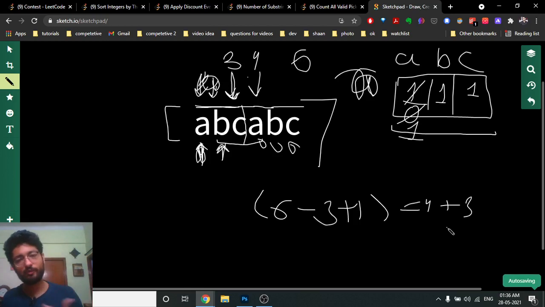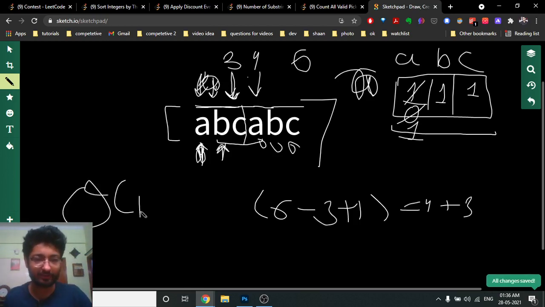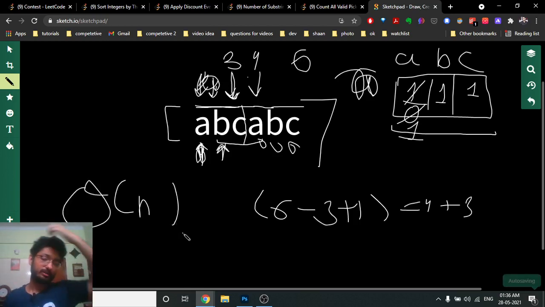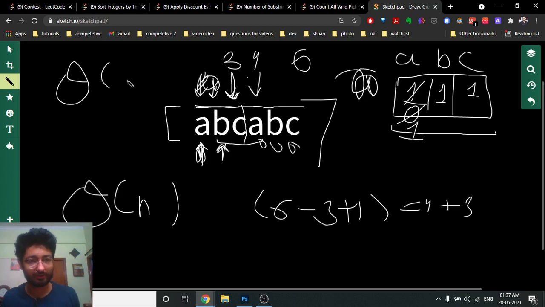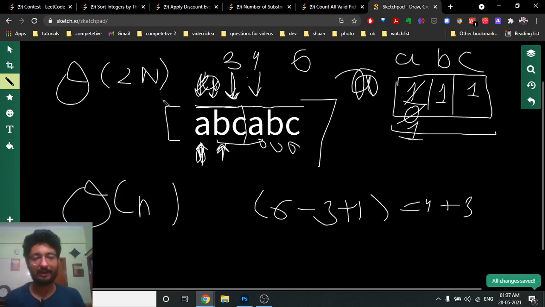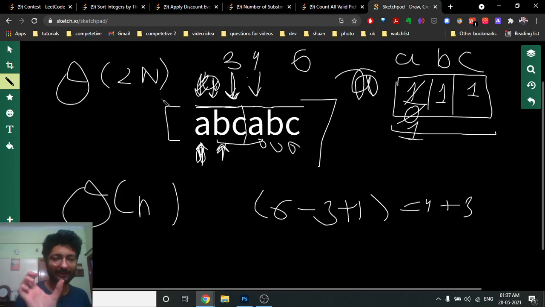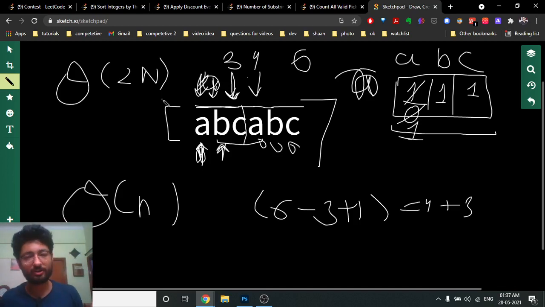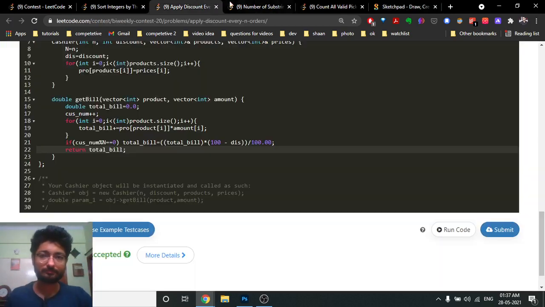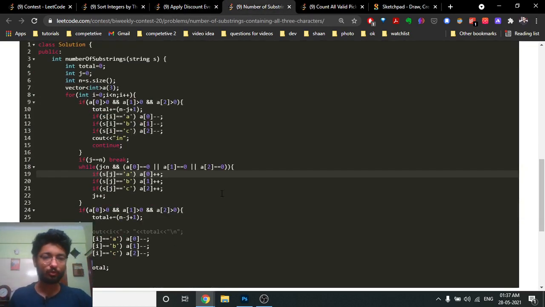And you will do this over and over because it is done in O of n only. Why? Because both the pointers are at most moving from left to right. So it is just O of 2n. So 2 pointers are moving from left to right, just storing different values and finding a particular section. So we find the first section, and for the first section, if we find the rest of the sections, we can just add them because all the sections are already there. That's what we can do here. Now the code part.